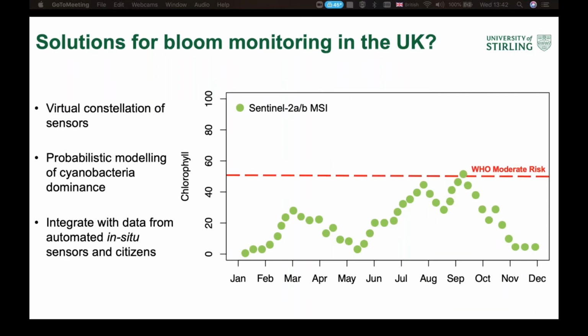And this is how the current solution looks. We use a sensor with a relatively fine spatial resolution that actually can observe these smaller lakes to calculate chlorophyll A. You can also see here the threshold defined by the World Health Organization for moderate risk. Of course, we are going to have some gaps created by clouds, but we can use other platforms like Landsat